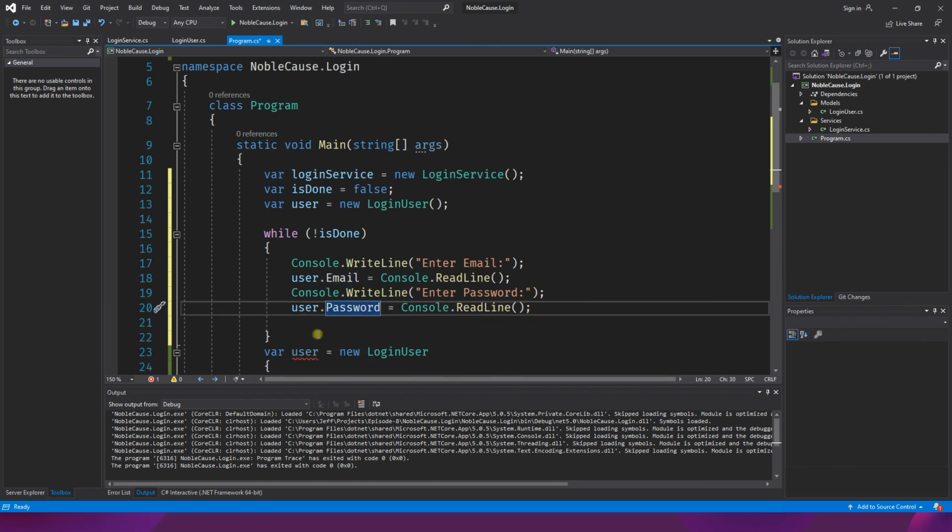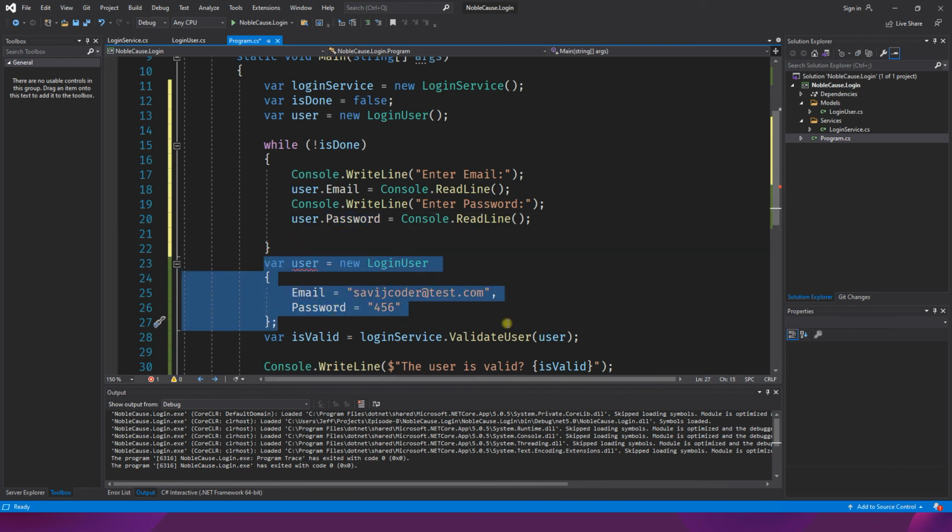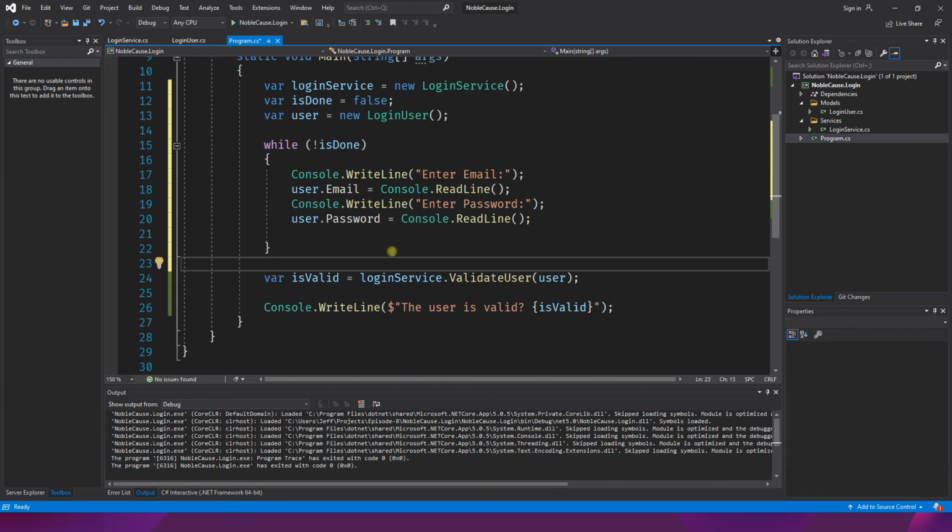And so then they'll enter their password. So after the user enters their password, we no longer need this code because we're going to get that from the live user. Then we can check if it's valid,